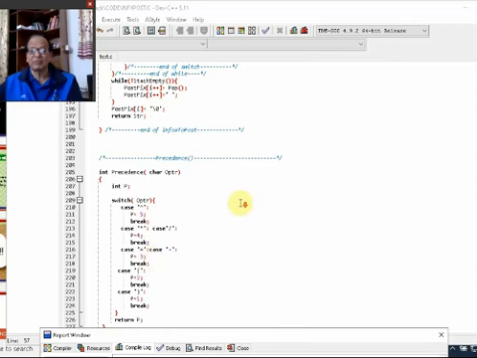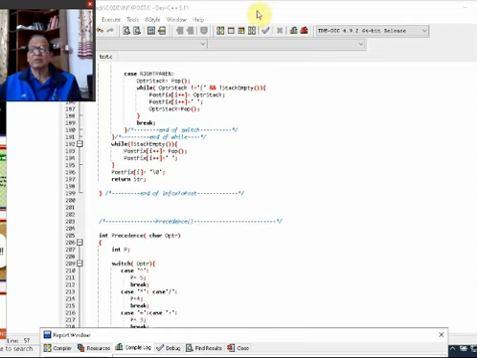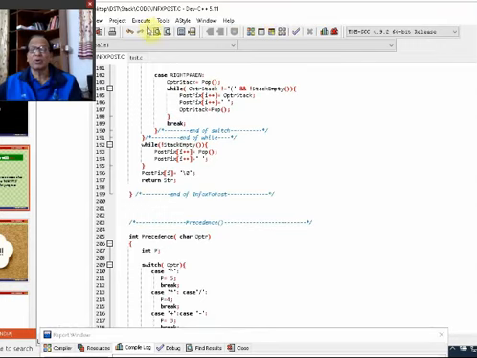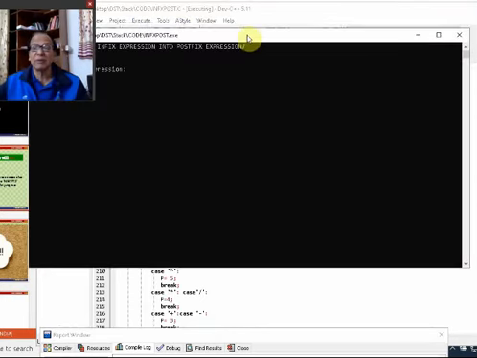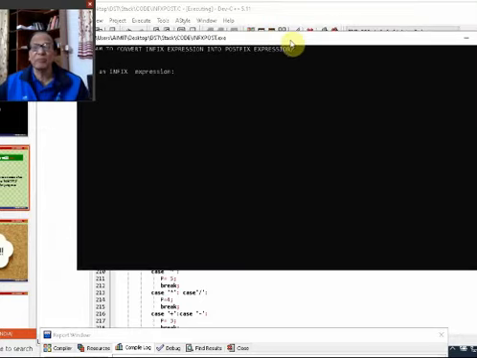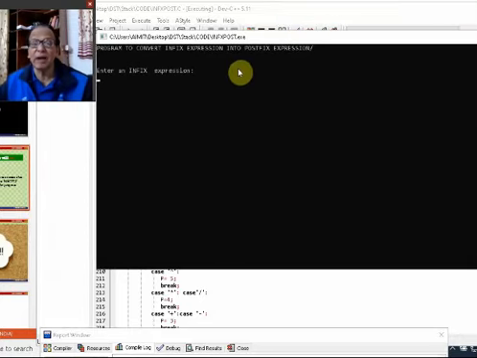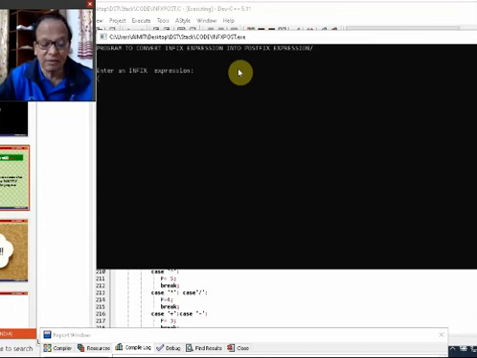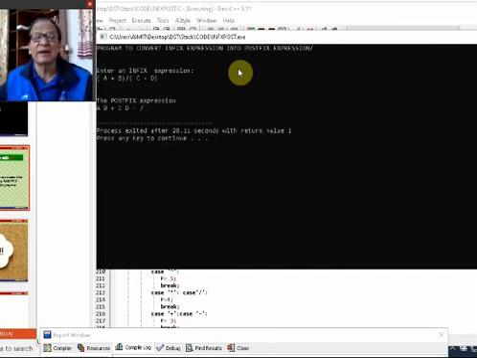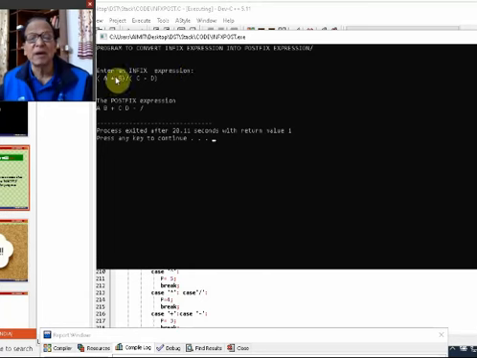So these are the functions we have used, and let us see now the execution of this program. Here we have the whole program. We will enter one infix expression, for example a plus b divided by c minus d. Let's see what happens. This is the infix notation. Immediately it gives us the postfix expression: a b plus c d minus divided by.